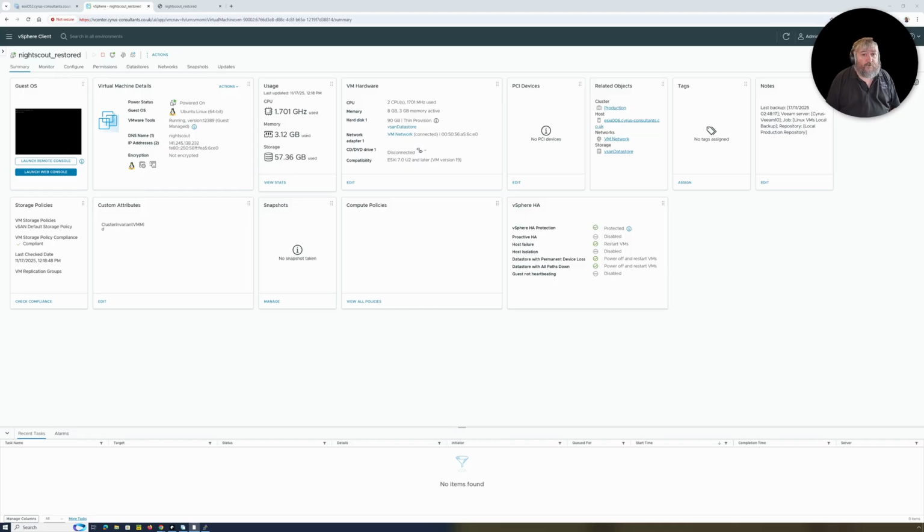It's called _restored because a while ago I had to restore it with Veeam, and I've never bothered to remove the underscore restored. So it's an Ubuntu Linux 64-bit machine. It's called Night Scout. It has a FQDN. It's 2 CPUs, 8 gig, and it's 90 gig. And in fact, it's a Linux Docker container. It actually runs the Night Scout